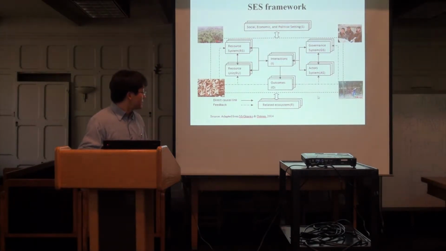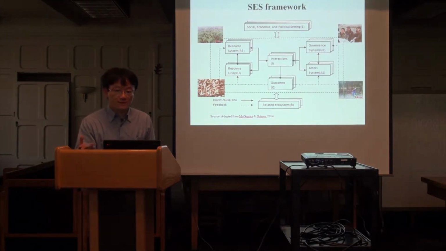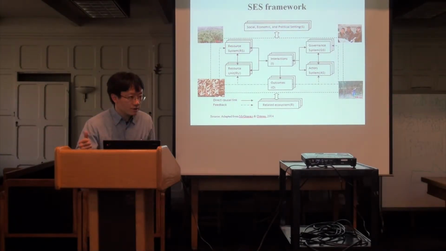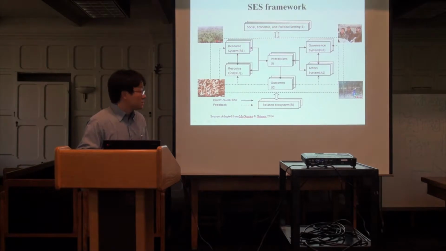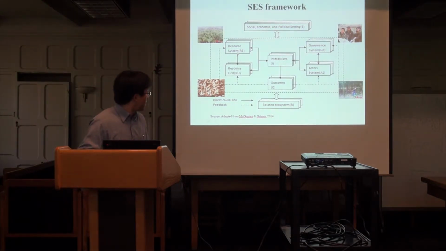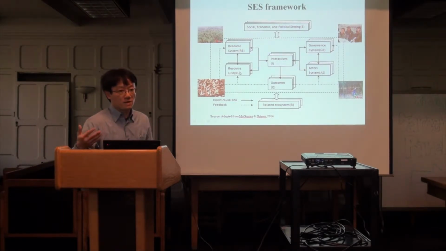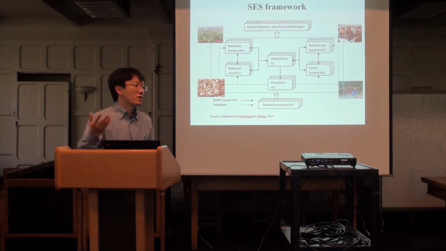But in one sentence, the actor is the user of the natural resource. The users of natural resources consist of traditional users and new users. The users make use of the natural resource. The natural resource comes from the resource system. Here, the resource unit means the extraction of the resource. What can you extract from the resource system? That's a frog.